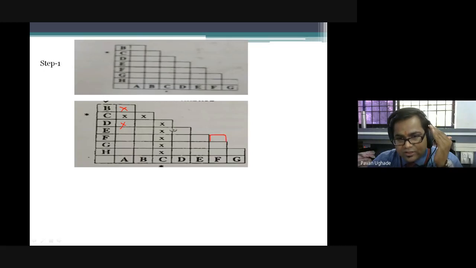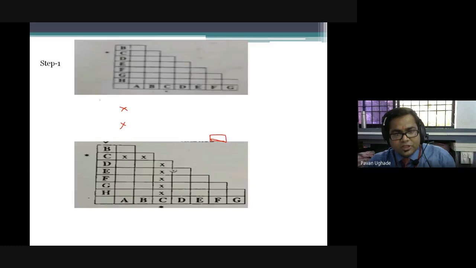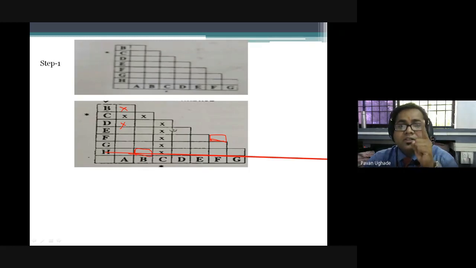The cell itself is equivalent, so it will be blank, and the next entry that we are getting along with FF is BH. So check BH. Whether it is blank? BH is blank in the previous example. Okay, BH is blank. So what if we are getting both blanks? This is a very important point I'm raising here. If we are getting both blank, in that case the combination of this cell, that is B and H, is indistinguishable states.